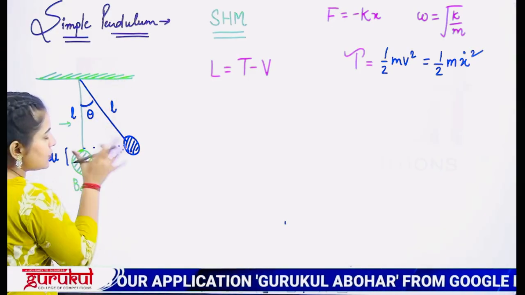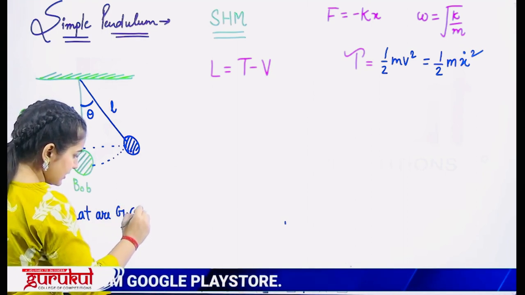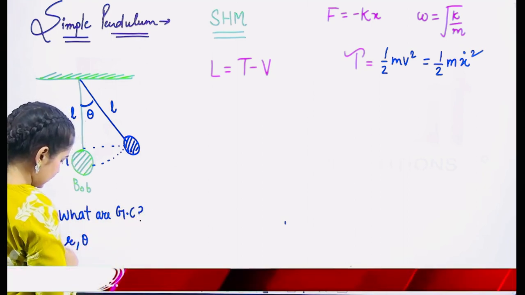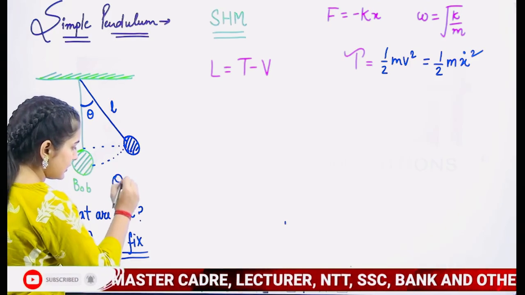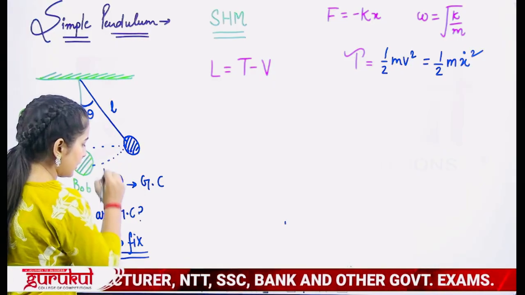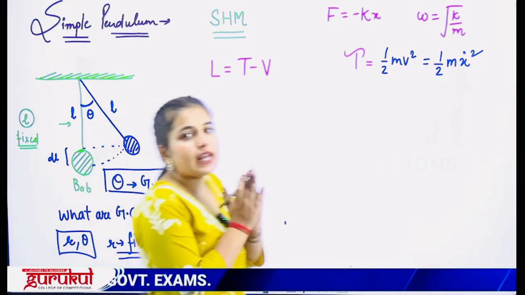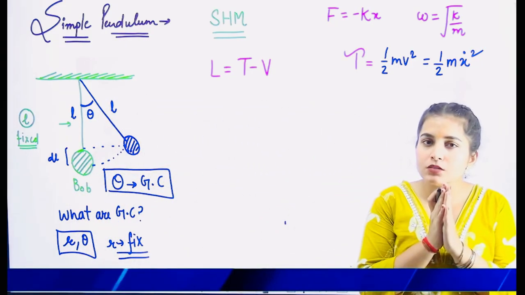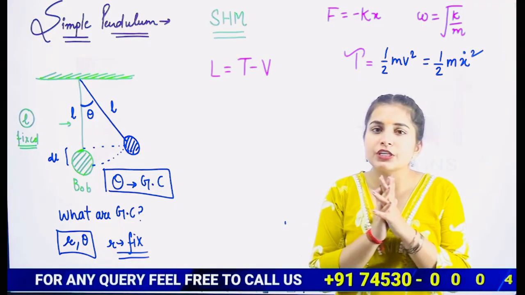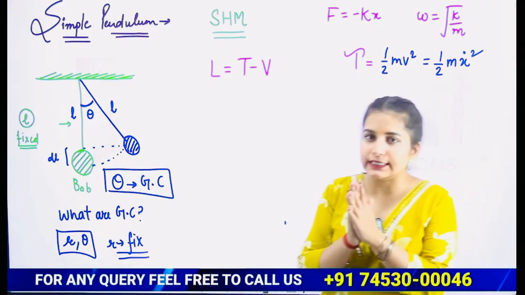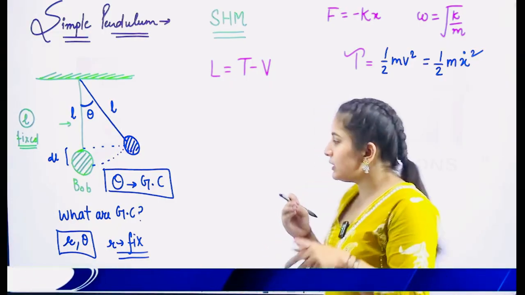First of all, in the case of a pendulum, what are the generalized coordinates? That is r and theta. But r is fixed here, so the only generalized coordinate left is theta. So theta will be my generalized coordinate in the case of a pendulum. Clear up to this point? Why is theta my generalized coordinate? Because a simple pendulum is oscillating in a plane, so the total degrees of freedom would be 2, r as well as theta, the two generalized coordinates. r is fixed, and we are only left with theta. So theta will be my generalized coordinate.